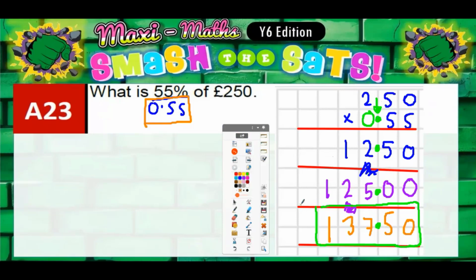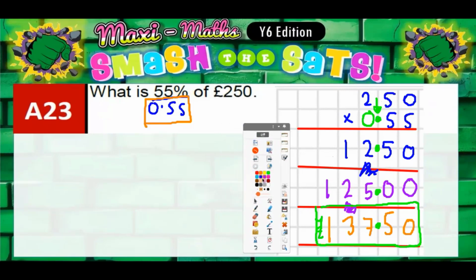And so it is going to be £137.50. Just put the pound sign in, £137.50. Now, there was another way we could have done this. We could have found